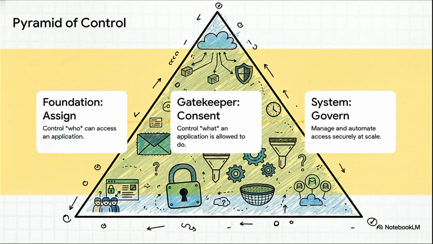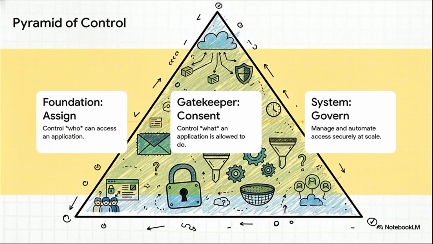And here it is, the pyramid of app access control. It's actually pretty simple when you see it all laid out like this, right? The foundation, the base of everything, is assign, controlling who gets in. The middle layer is consent. That's the gatekeeper controlling what those apps can do. And at the very top, you have govern, the system of catalogs and reviews that lets you manage it all